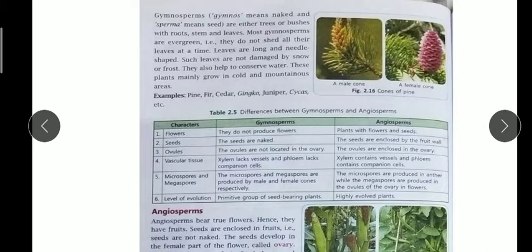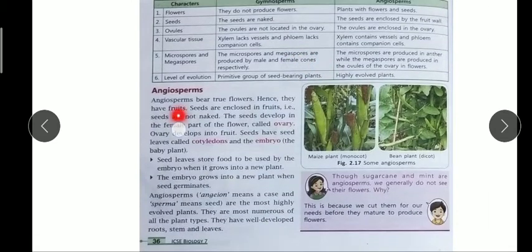Now, in the same way, the angiosperm category is given here. Angiosperms bear flowers. They have true flowers, with proper sepals, petals, stamens and pistil. Since they bear true flowers, they have fruits also, and their seeds are properly enclosed in a seed coat and other membranes. So they are not naked.